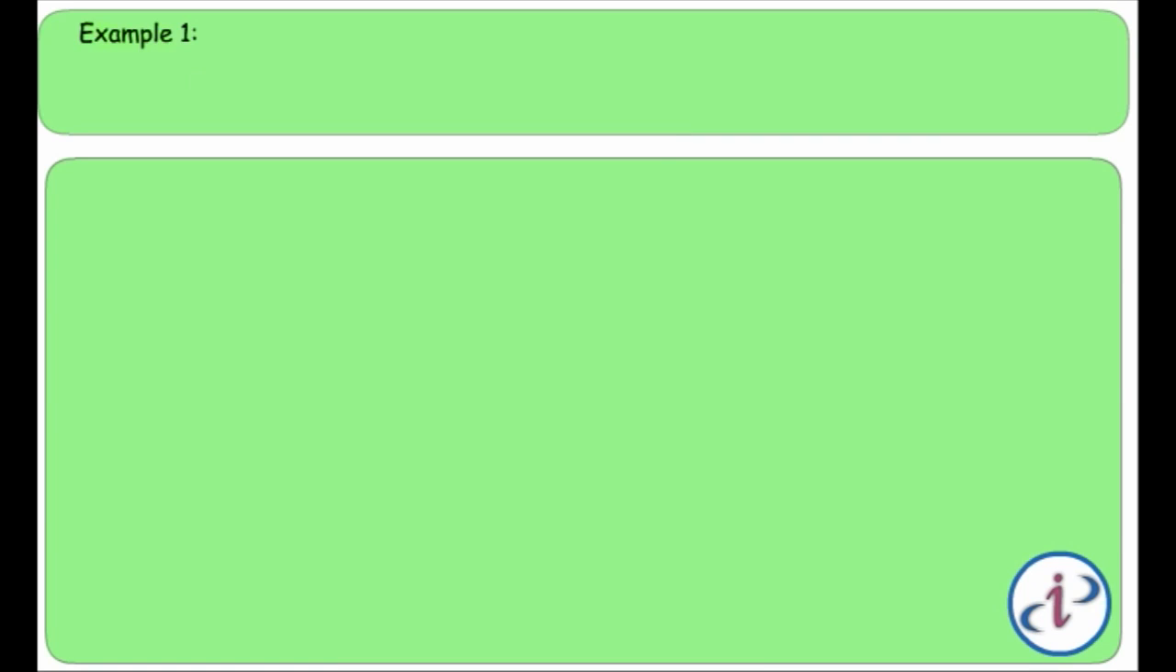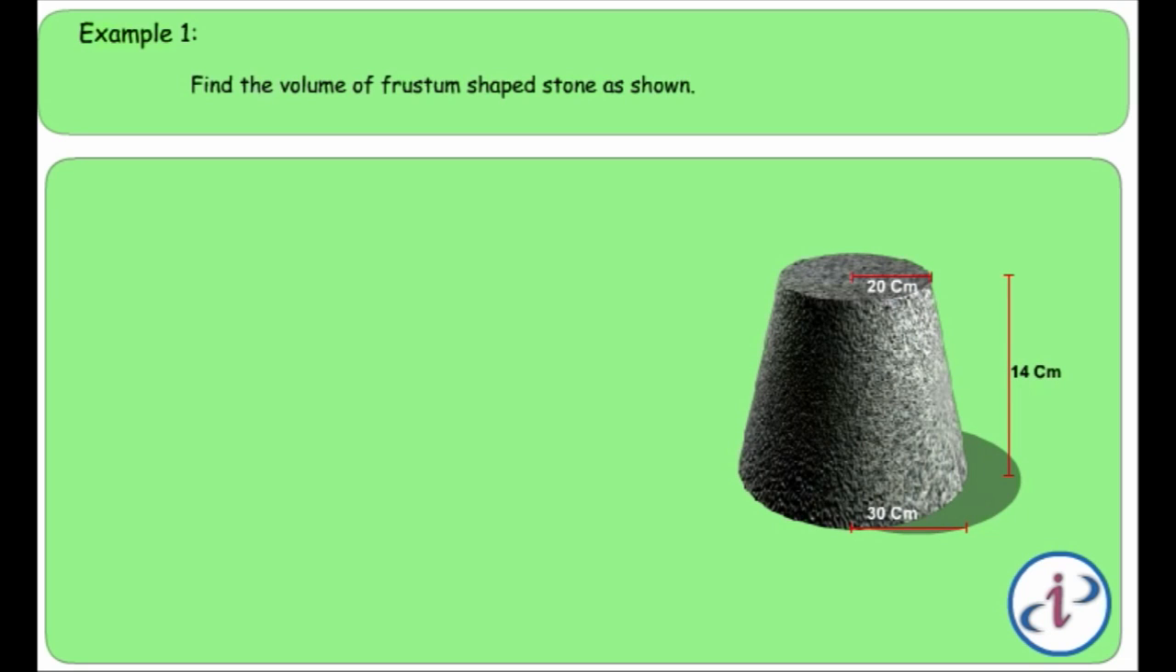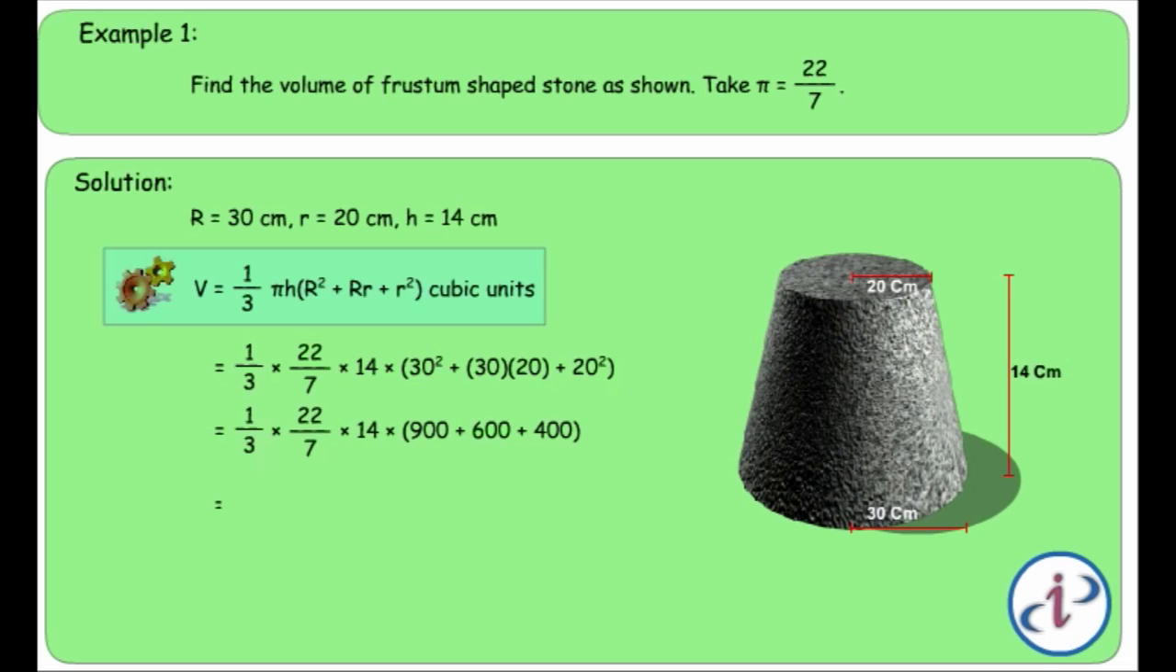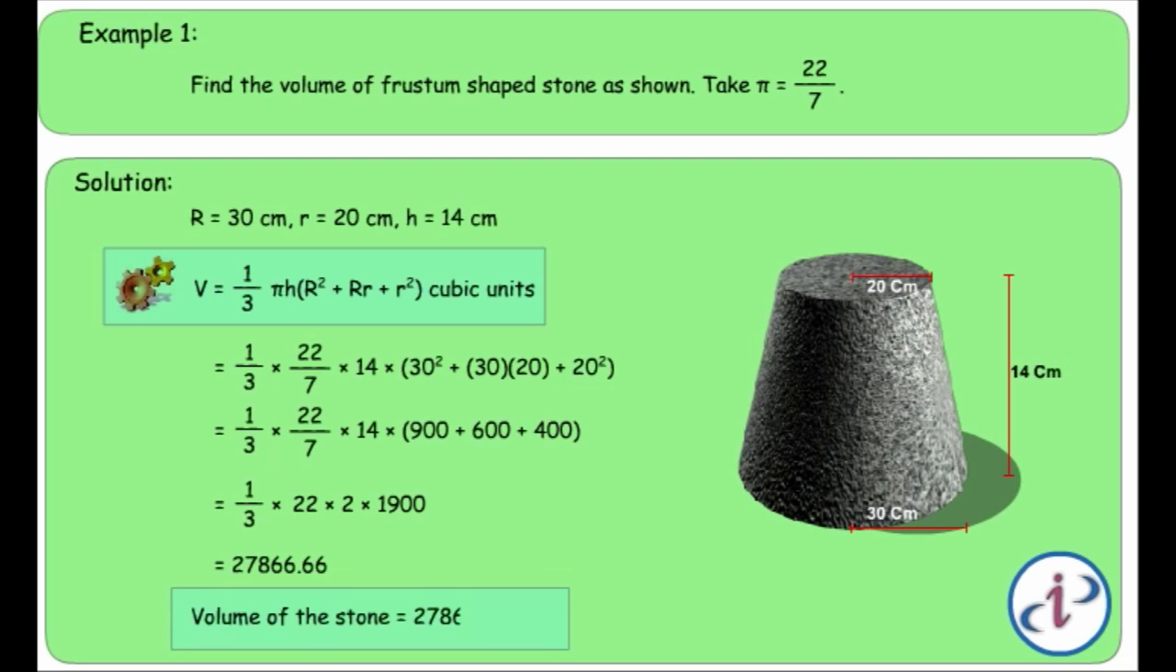Example 1. Find the volume of frustum-shaped stone as shown. Take pi is equal to 22 by 7. Solution. Given that radius of lower base is equal to 30 centimeters, radius of upper base is 20 centimeters and height is 14 centimeters. We know that volume of frustum of cone is equal to 1 by 3 pi h into capital R squared plus capital R times small r plus small r squared cubic units. Substitute the values of capital R, small r and h. Thus, volume of the stone is equal to